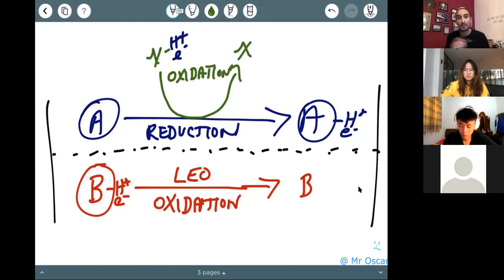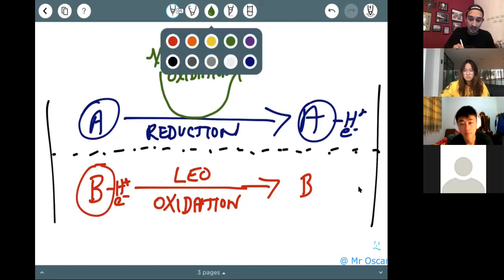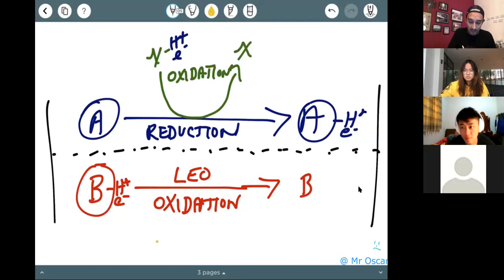Every time a redox reaction happens, that's why we call it redox, one of the things is getting reduced by something else and the other one got oxidized, because X lost its electron and A gained an electron. So every time this happens, there's someone else involved. It doesn't just magically happen. So in this reaction also, something had to be there, let's call it Y,